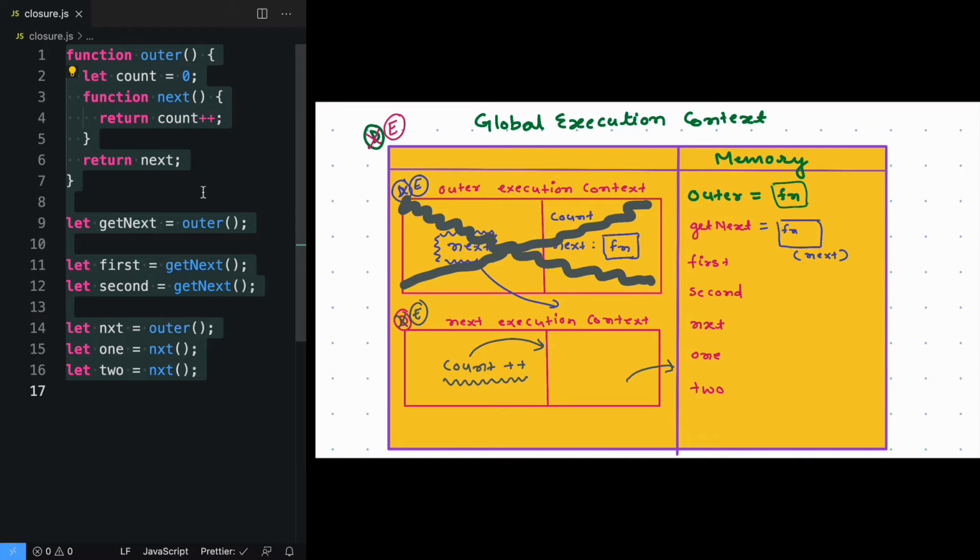So till now, whatever has happened is we have a variable named getNext that points to the next function that is defined inside the outer function. That is this function here. And when we are calling it, inside this we are looking for this variable count and could not find it. So when you could not find the variable, you bubble out to the parent, and in the parent also I could not find that variable count. So what happened to that variable?